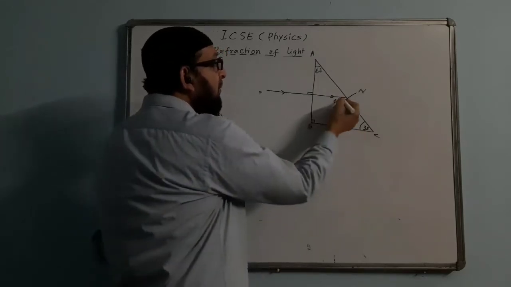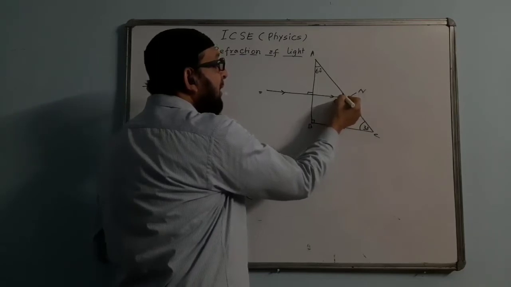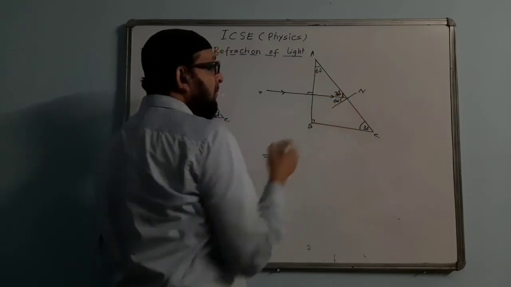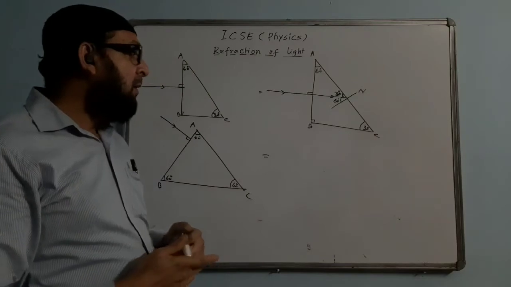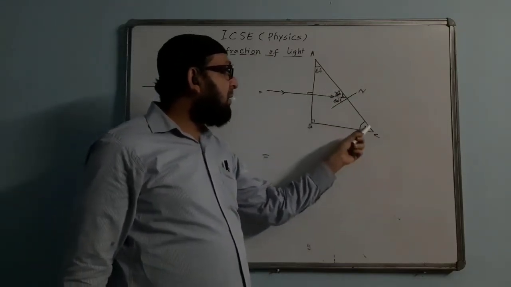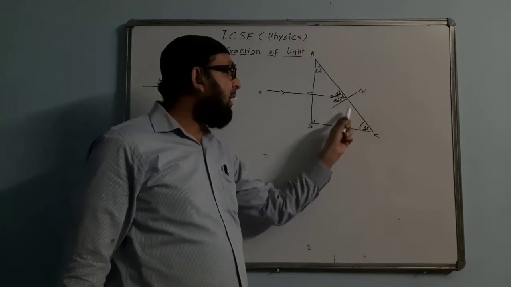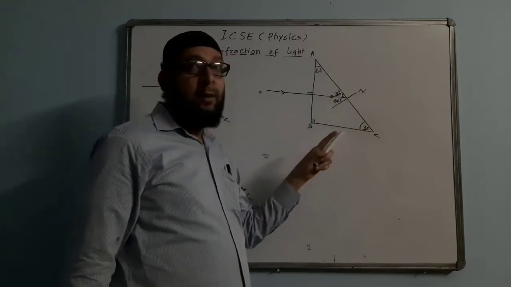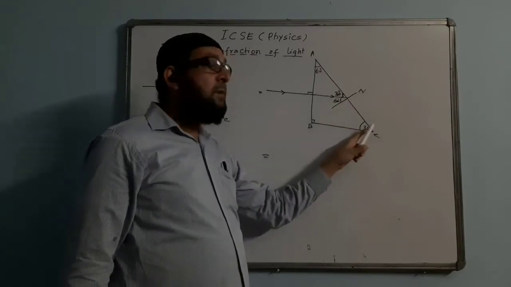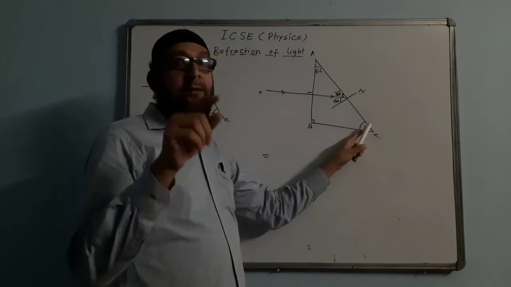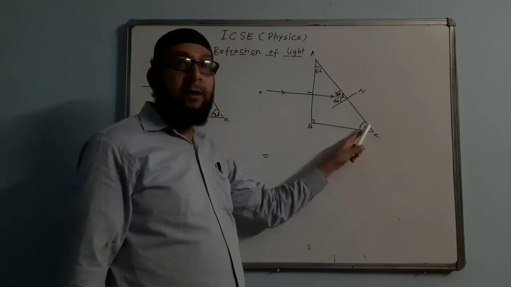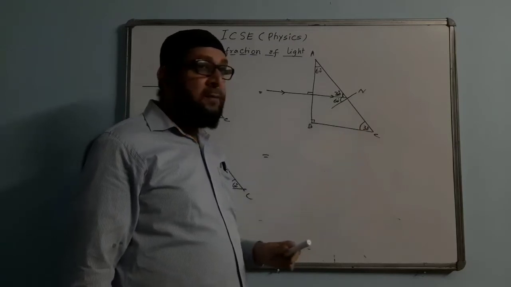Let us calculate. First I will calculate this angle now. Side angle I will calculate. This is 60, this will become 30. 90 minus 60. We'll check now. This is 30 and this angle. These two will be the two angles of the triangle formed here. Because here this angle will be equal. 30 plus 30 is how much? 60 degree. What is the value of the third angle of the triangle? 180 minus 60. That is 120 degree.